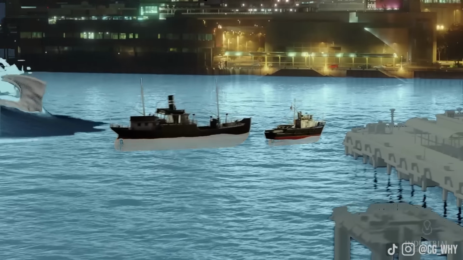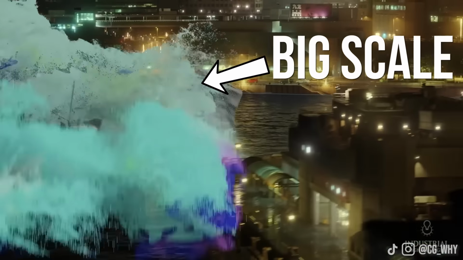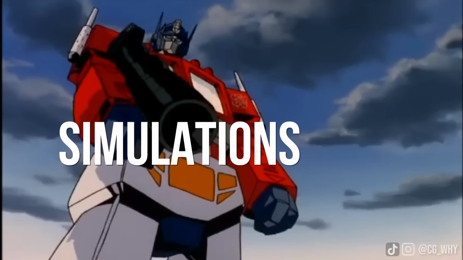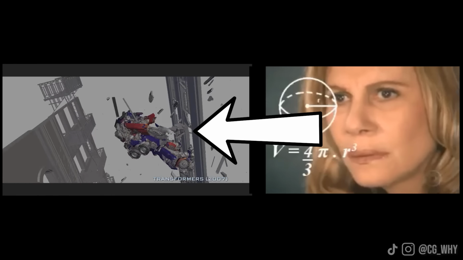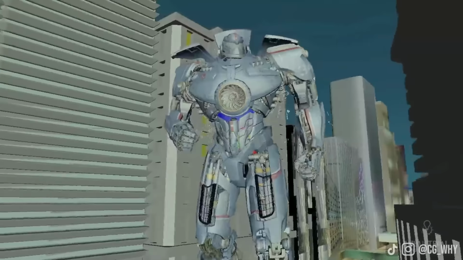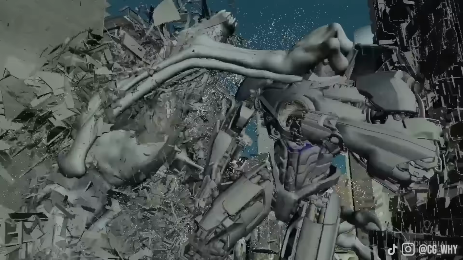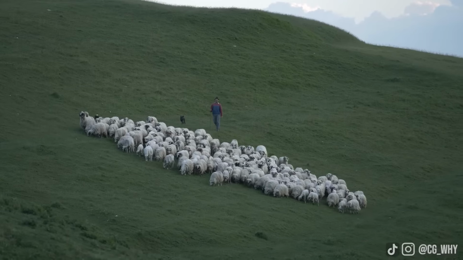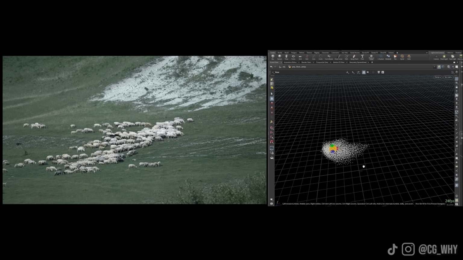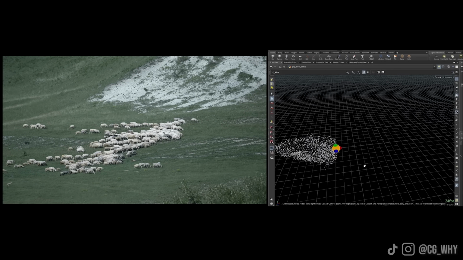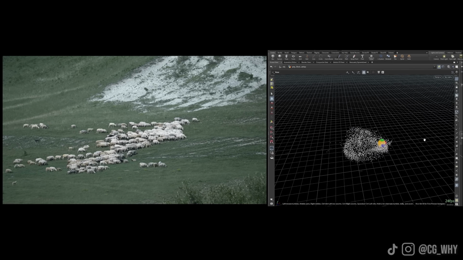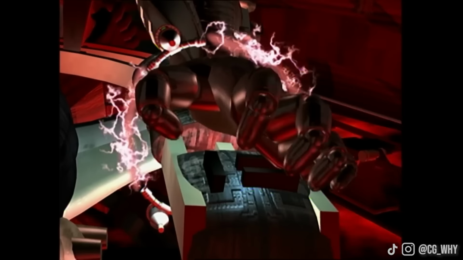But while simulations are great for doing things at a big scale, the issue is that they're just not great for accuracy, because by relying on maths to move everything around, you can't really get any direct fine control over anything, and it's just more like herding sheep where you can generally send them in one direction, but all in all, each one will find its own way to the objective,